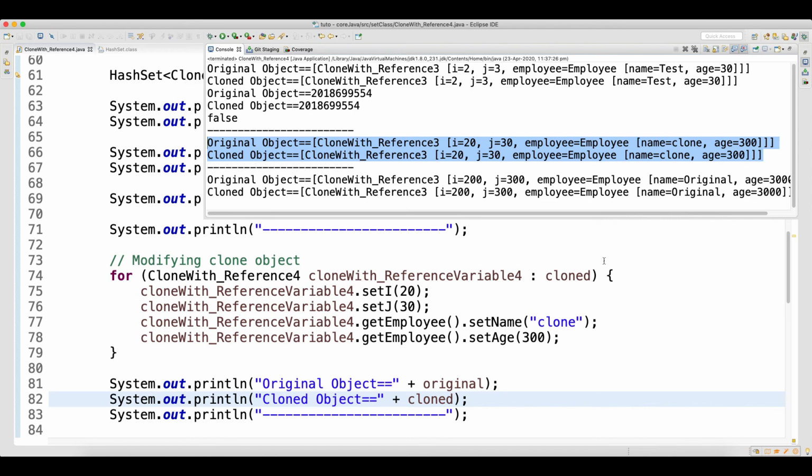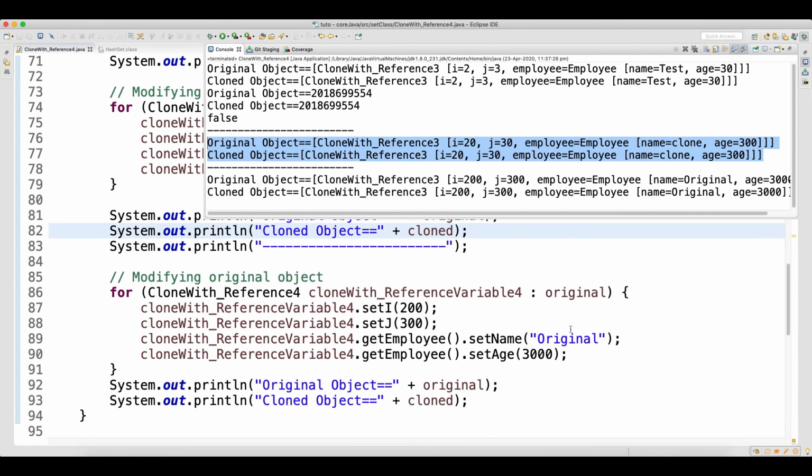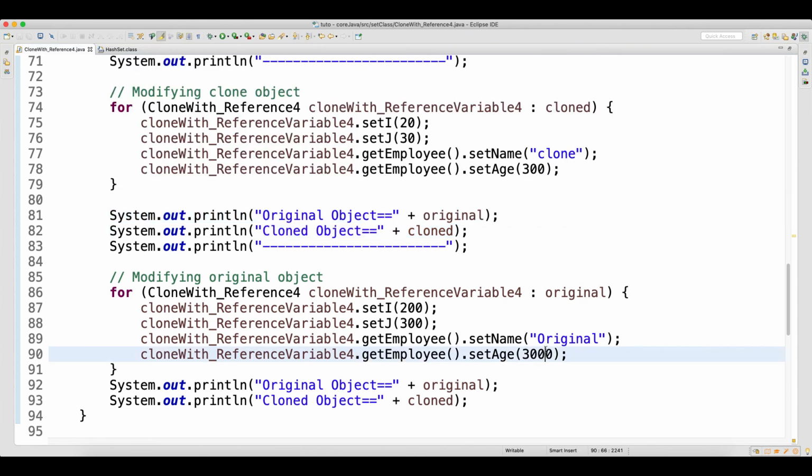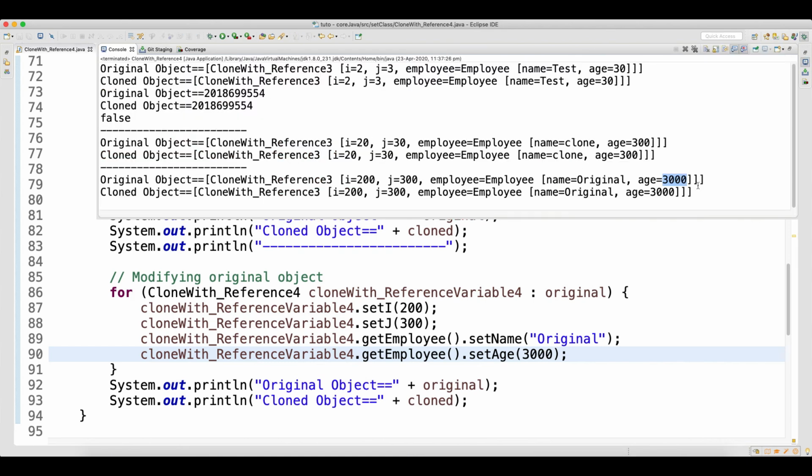So both got modified. And when you made changes with the original object, you changed the id to 200 300, so from 2030 it became 200 300, and then the name became original and age became 3000, right? So you can see that both your cloned and original objects are getting modified.